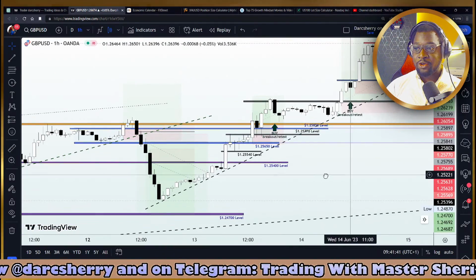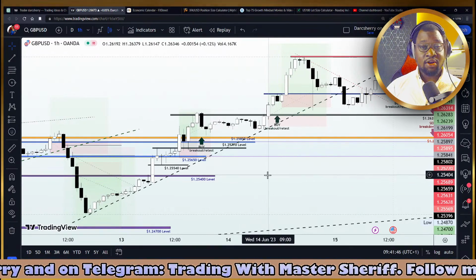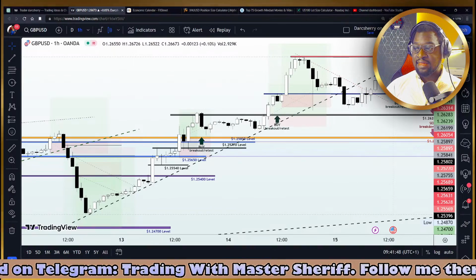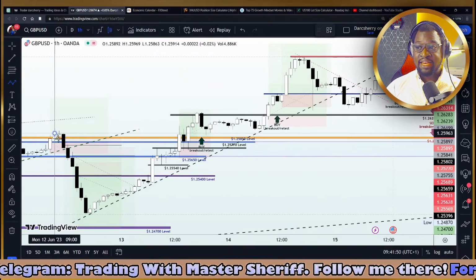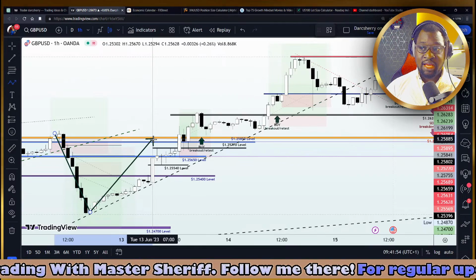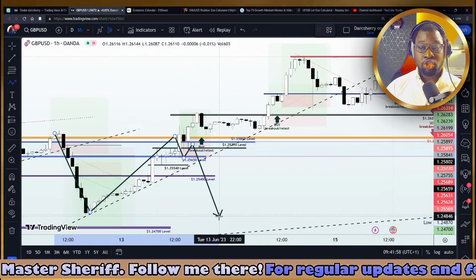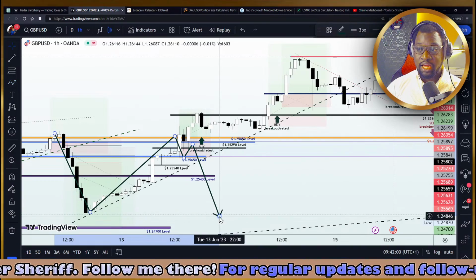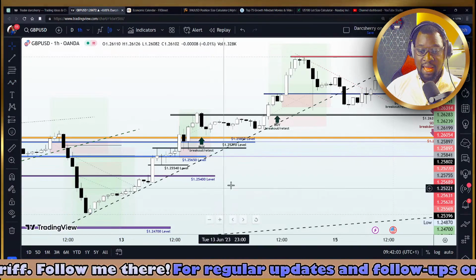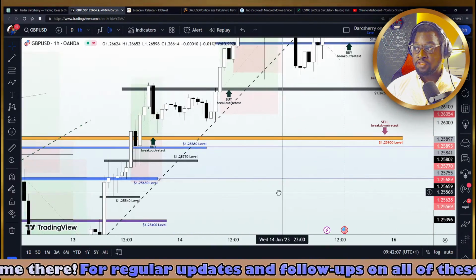Then we went on to start observing how the bullish momentum began in this market. And on the second day of the week, we were thinking that this bullish momentum might likely be a retracement of this bearish impulse leg that started the week. So we were anticipating that if selling pressure continues below the structure, we are going to be in to join a bearish move. But the opposite was what happened here, as we saw price action break out of the key